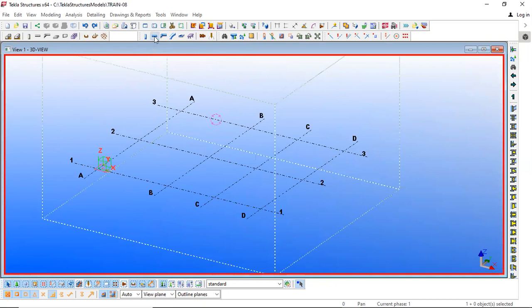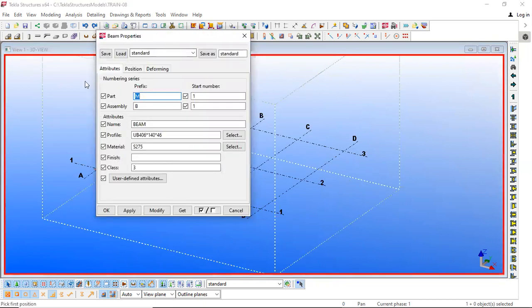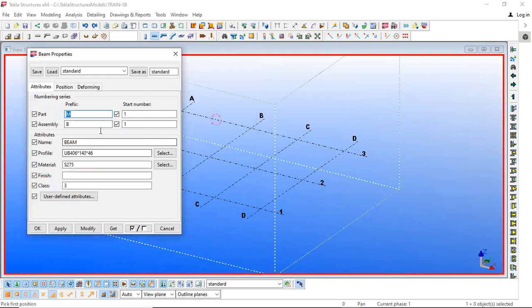And now we'll go to beam. In beam also you can see similar features, similar to what we saw in the column area. These are similar to column but slightly different, because the use of this element is different compared to column.